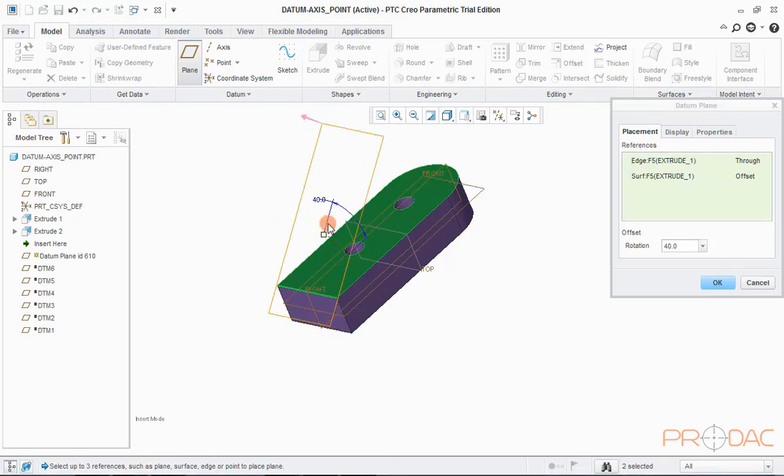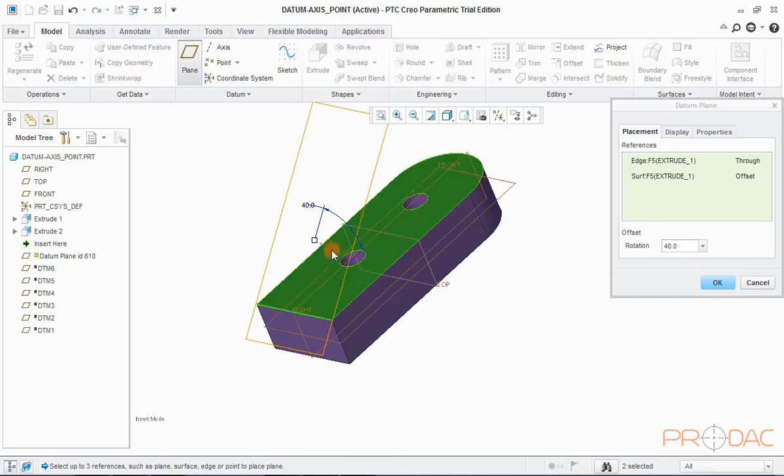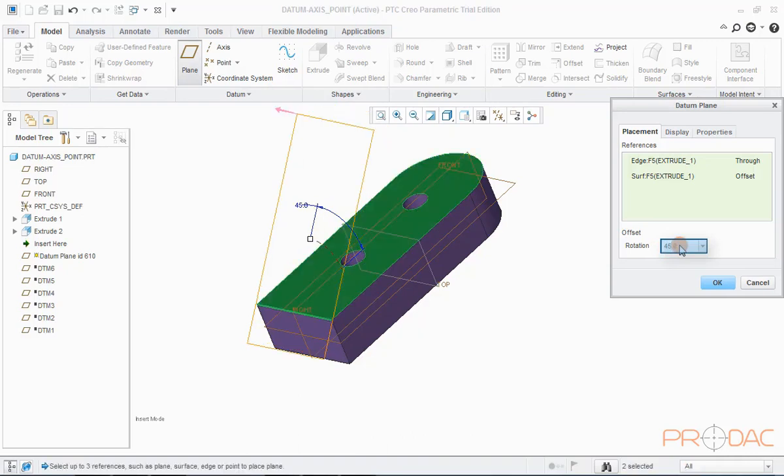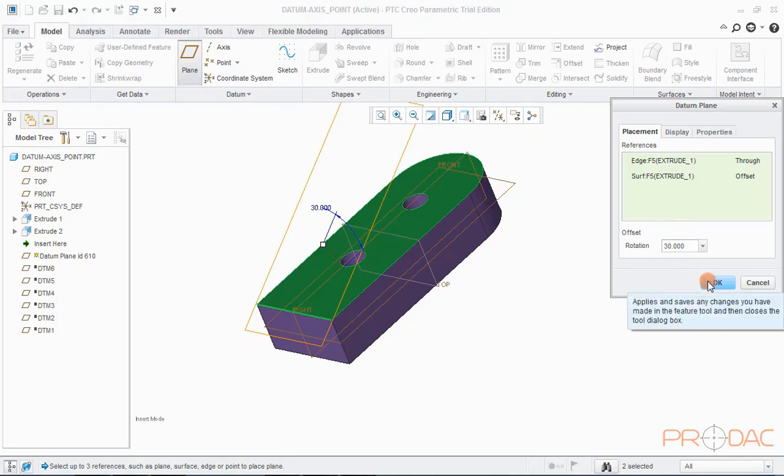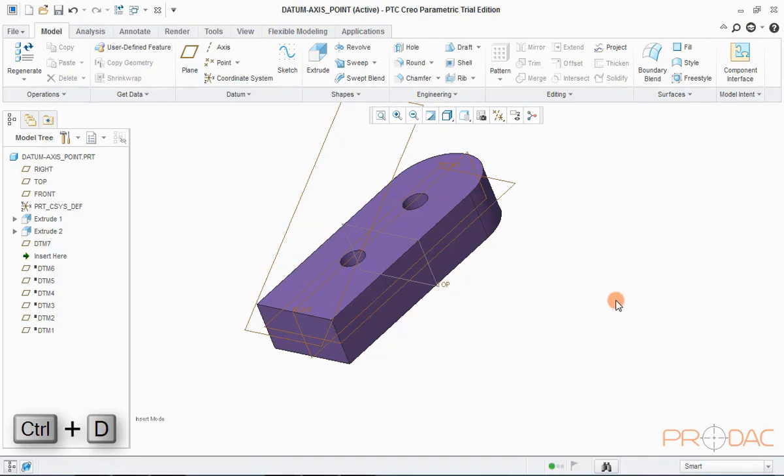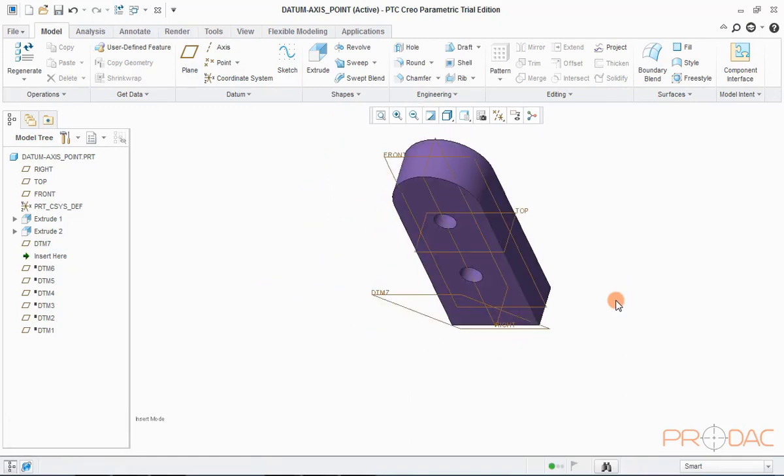We can input this value in the pop-up window under the Offset Rotation field. Click on OK to finish this step. Press Ctrl+D to fit the model in the window.